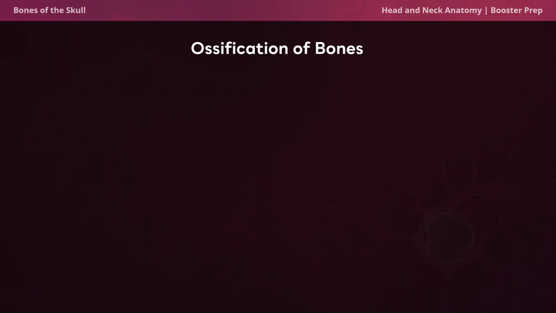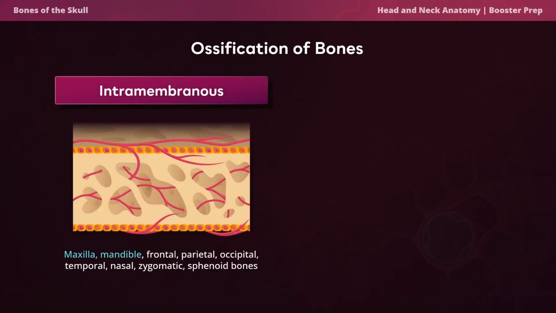So there are two types of ossification processes, the intramembranous ossification and the endochondrial ossification. So starting off with intramembranous ossification, this occurs when undifferentiated cells develop into osteoblasts, which lay down bone. The bones that are formed by intramembranous ossification are the maxilla, the mandible, the frontal, parietal, occipital, temporal, nasal, zygomatic,